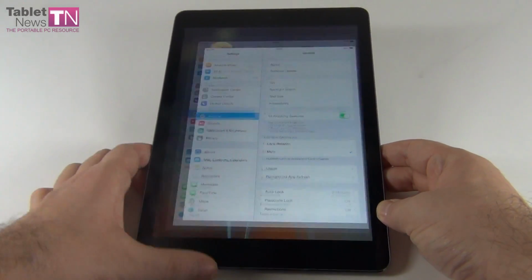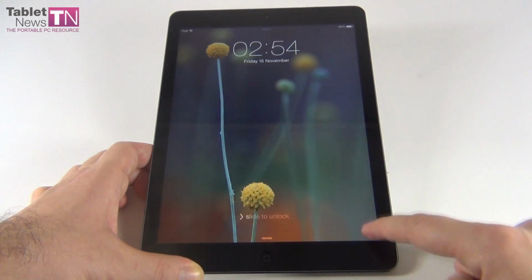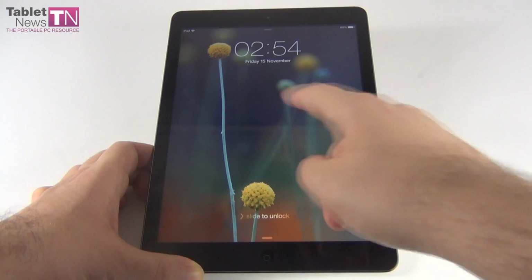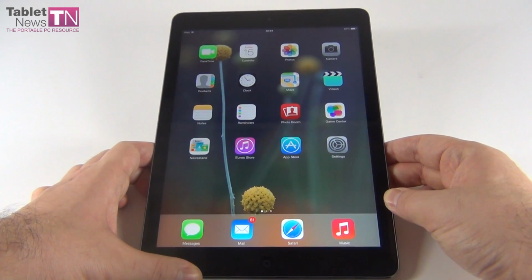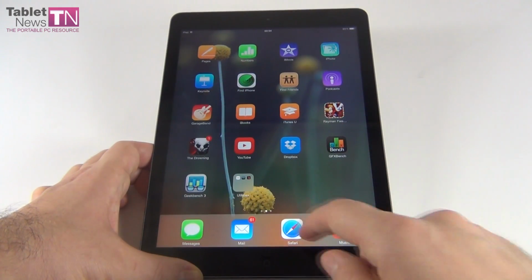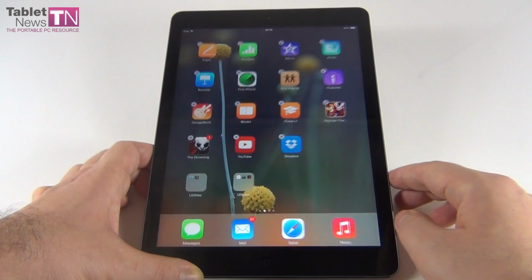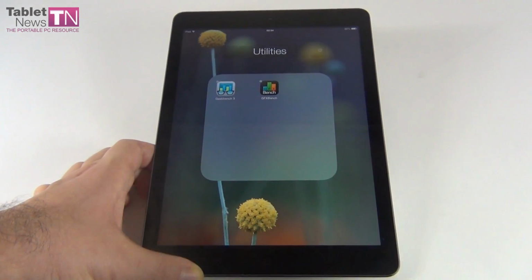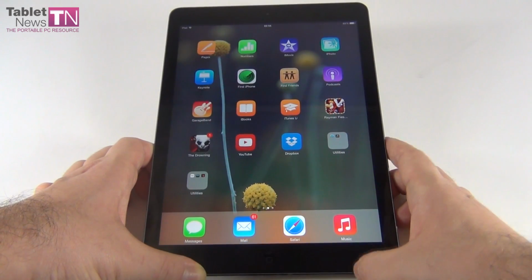Okay, and now the lock screen area, which can be accessed like this, allows you to swipe up to unlock the camera, or simply swipe to the side anywhere on the screen to unlock the device. As far as folders go, you can trigger them by simply placing apps on top of each other to create a new folder like this, and you should know that now in iOS 7 folders can hold a virtually unlimited number